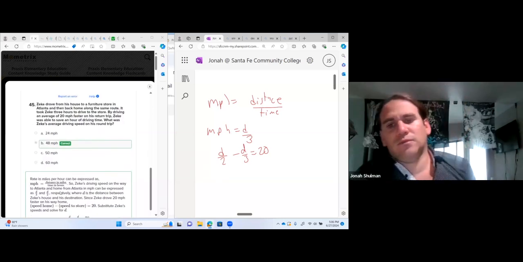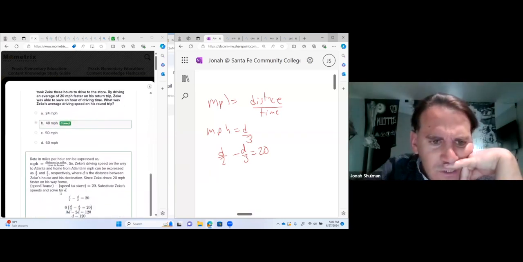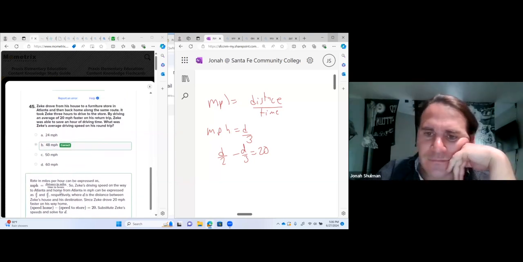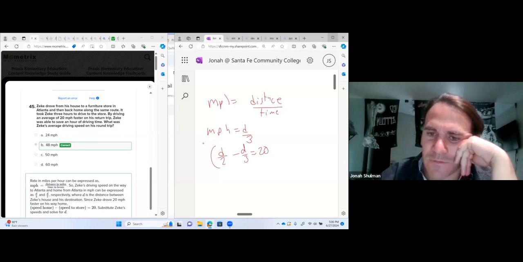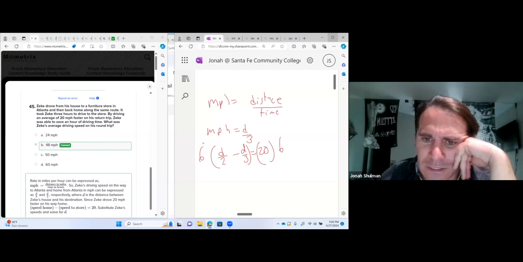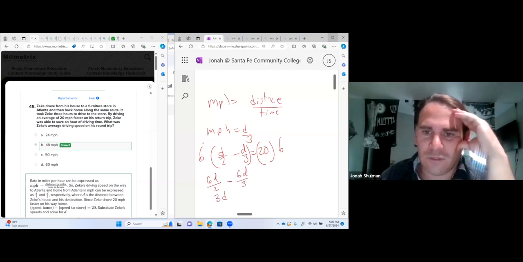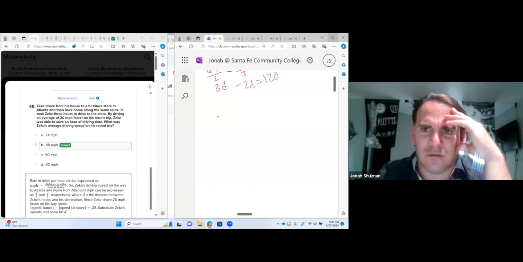Okay, so they want us to first just get rid of the denominators. So they said 2 and 3, the first time they match is a 6. But if you multiply one side by 6, you got to multiply the other side by 6. So that's going to be 6D divided by 2, which is 3D, minus 6D divided by 3, which is going to be 2D, equals what? 120, which makes D equal 120. Okay, that makes sense.